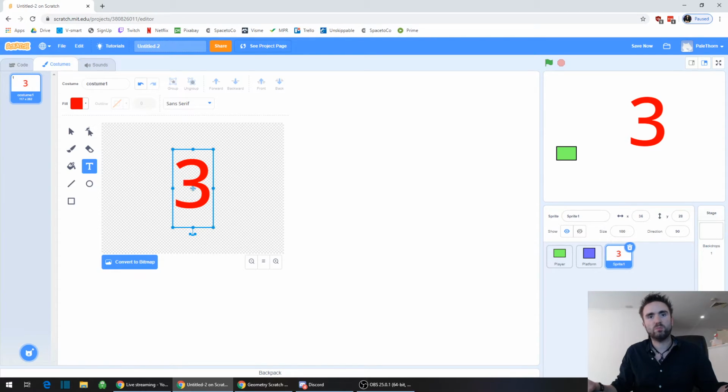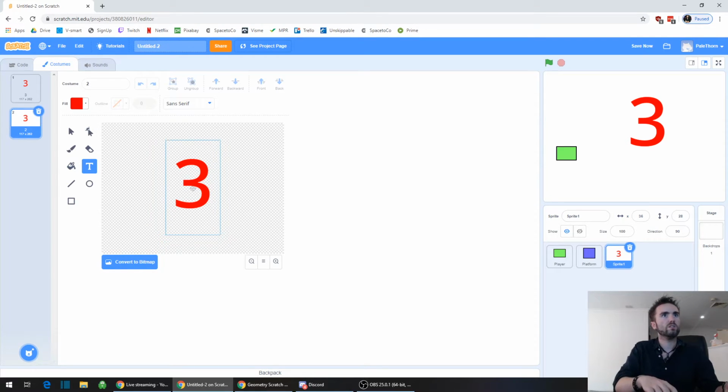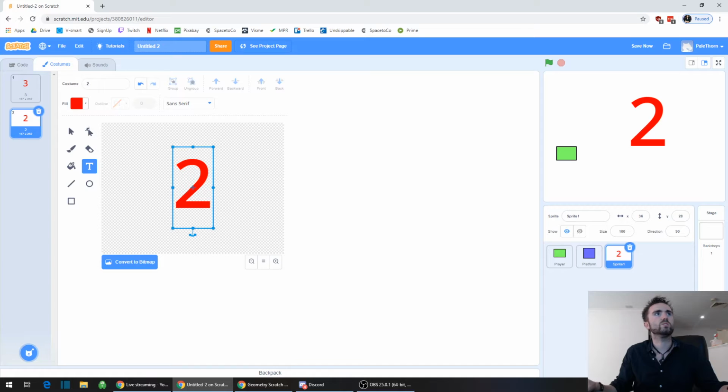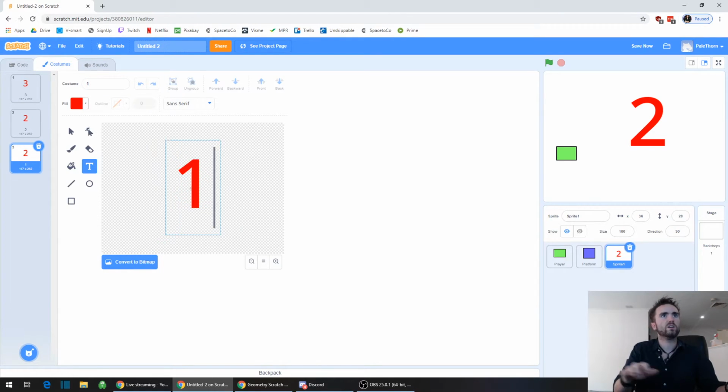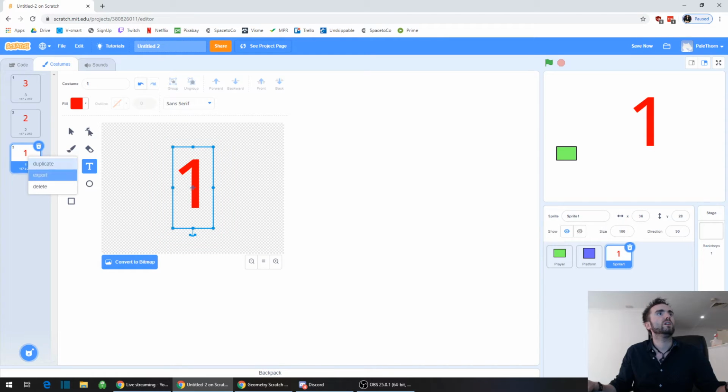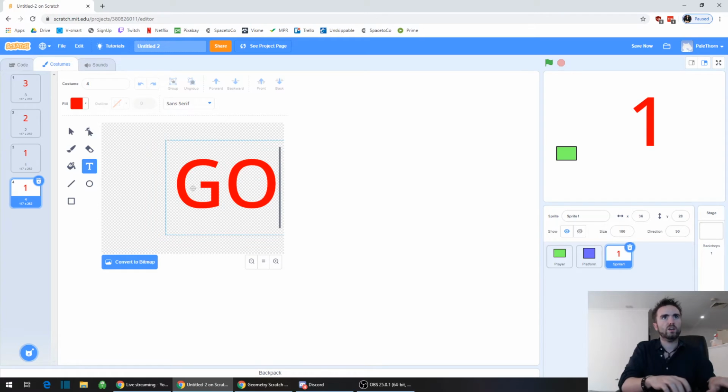So what we're going to do is we're going to make multiple frames of animation here. So we're going to give this costume a name. We're going to call it 3. Now let's right click on the 3 over here and let's duplicate it. And once we've duplicated the 3, we can just change it to a 2. Let's duplicate our 2, call it 1 up there, type in 1 there, let's duplicate again and say go,